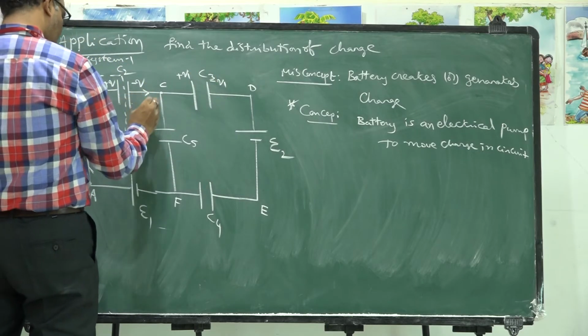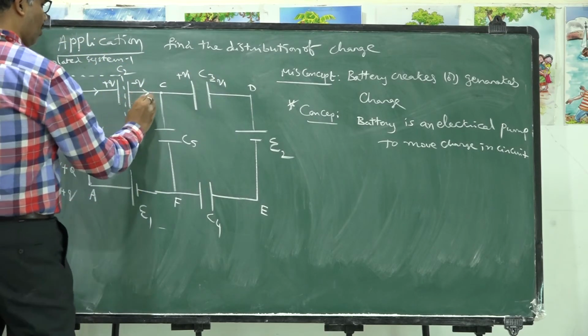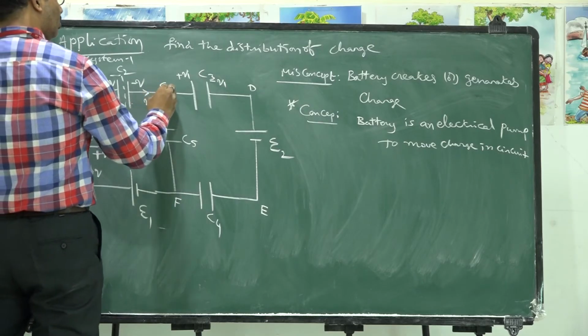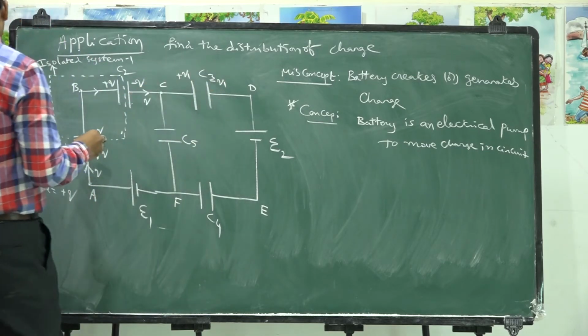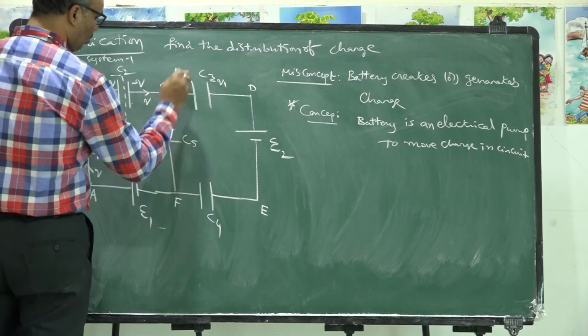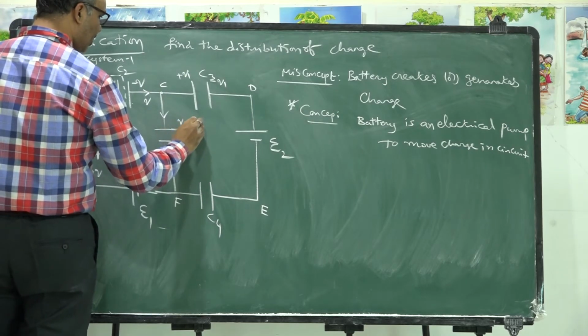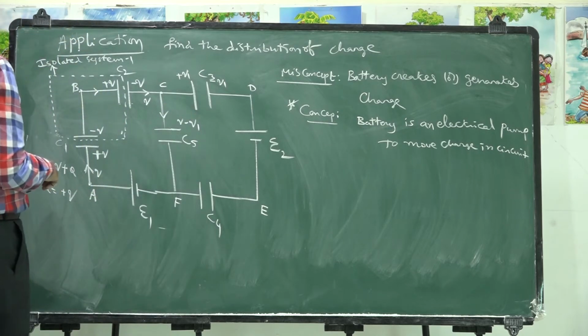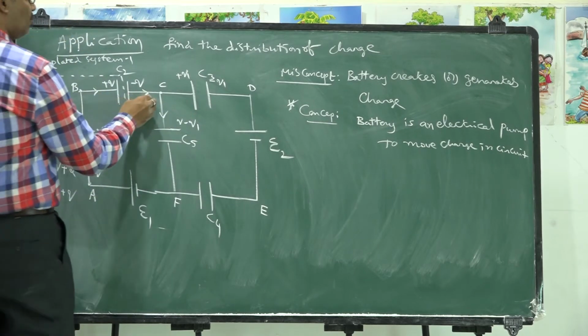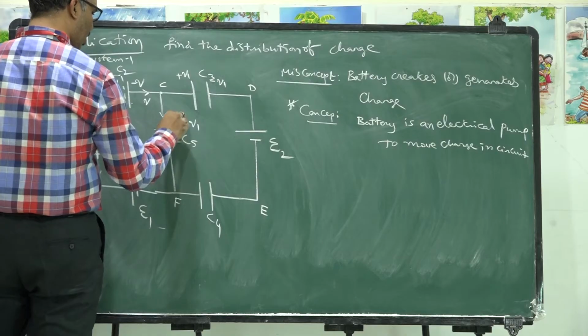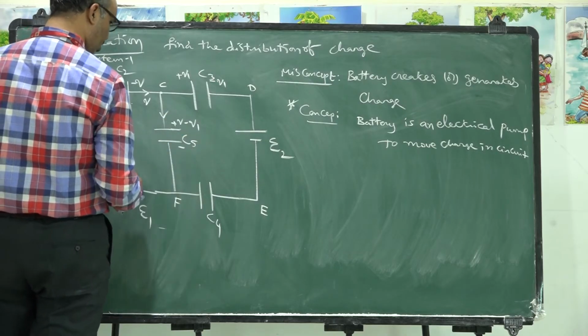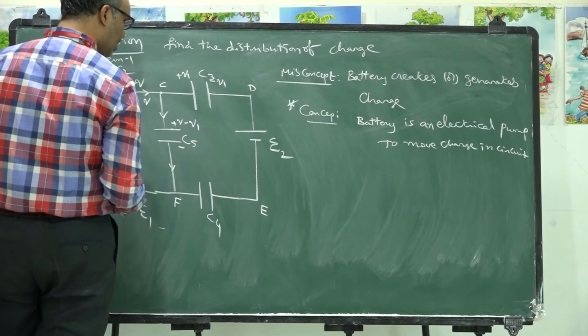What charge is coming? Actually Q is the charge coming. It is transferred as Q1 into this particular branch. So the remaining charge will go here. So the charge available on this plate is Q minus Q1. Obviously, as it is positive charge, both are having positive value. So here you will get negative charge. This charge will be transferred like this.